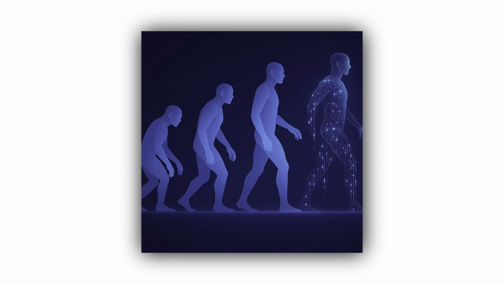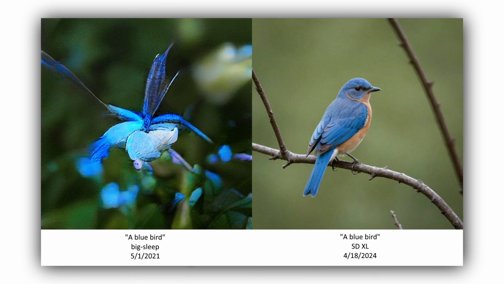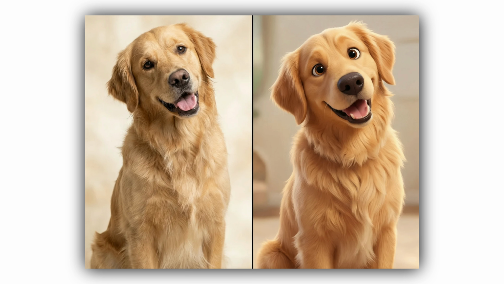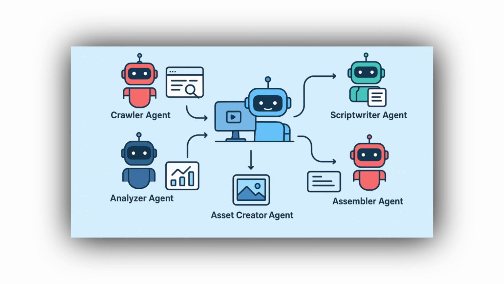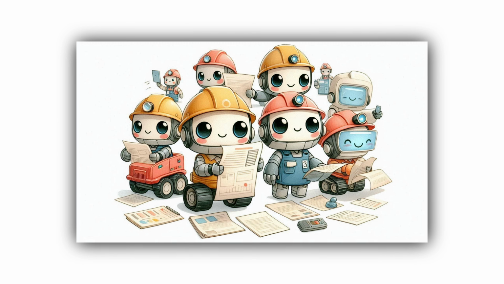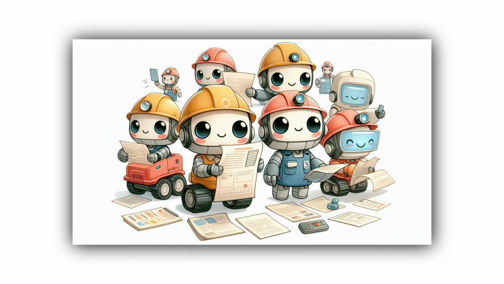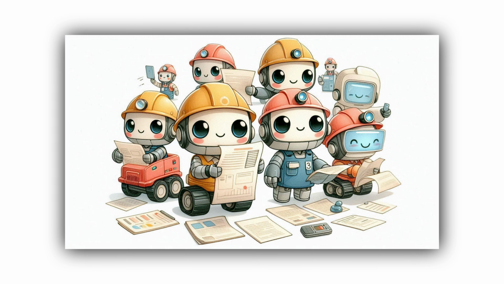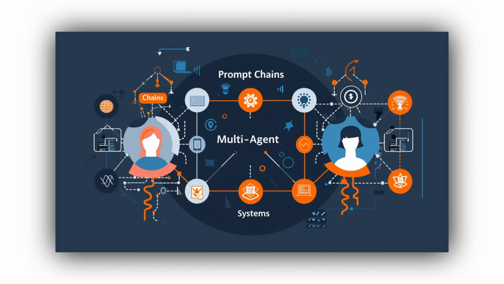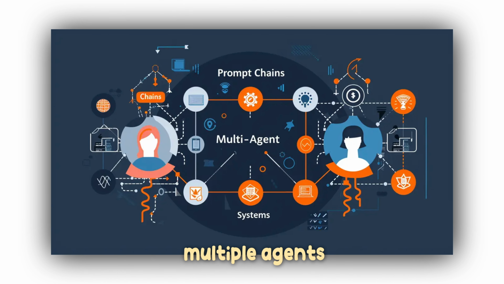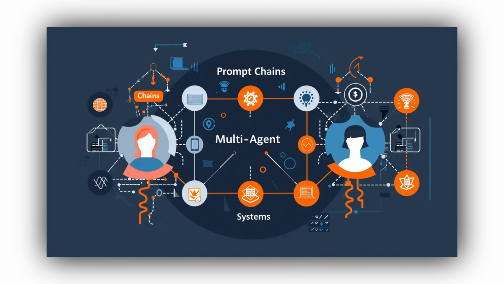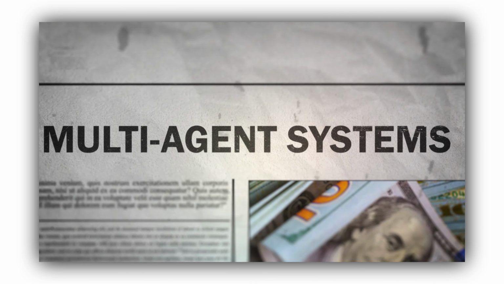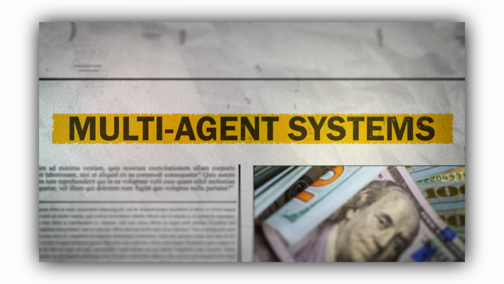Autonomous/multi-agent systems. This is it. Final evolution. We've gone from dumb reactive pups to trained learning dogs that pick up new tricks. And now, we're talking about a full-on AI pack, working together like a coordinated team. Not one AI assistant, but an entire AI company working for you 24/7. That's exactly what this level is. Not one agent, but multiple agents, each with a specific role, all working together.